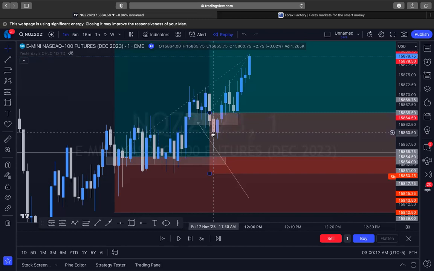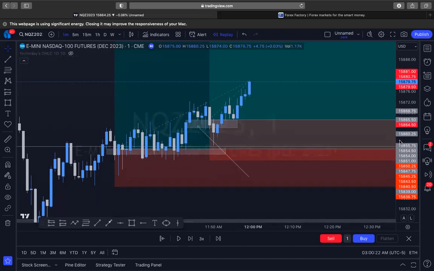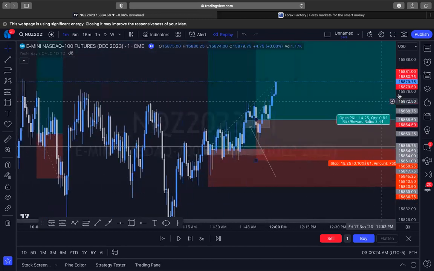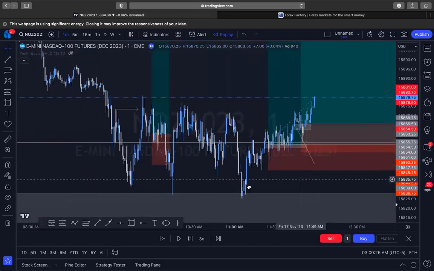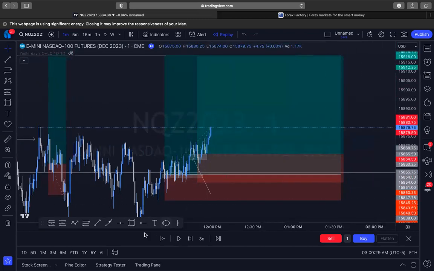It came back down. You notice that this candle closed right here, so it just wicked again. I put my stop loss here at this previous low. It would have never reached that. Man, and the rest was history. Let me go ahead and play this out so you guys can take a look at this play out.